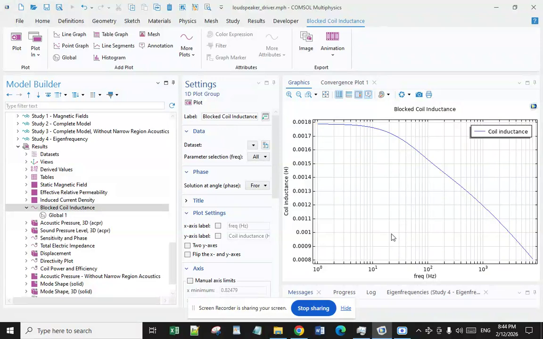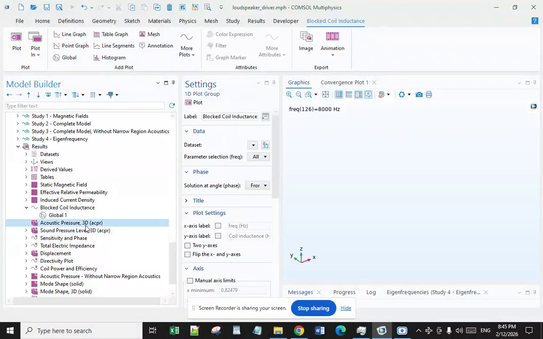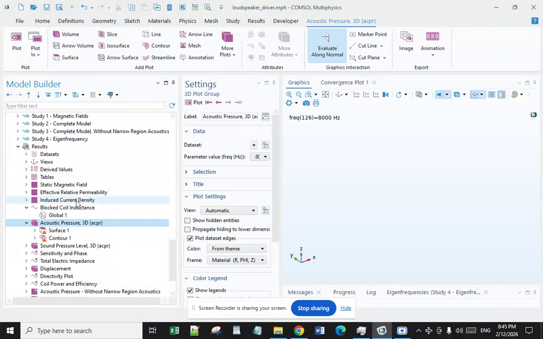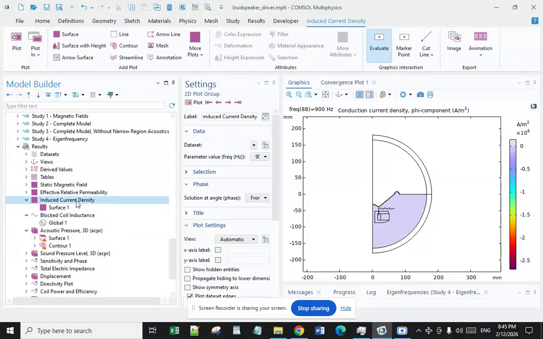And you see that whenever we increase the frequency beyond 1000, the coil inductance will be discharged and this inductance will go to 0 henry. And the acoustic pressure, and here you can see as a pellet contour the induced current,